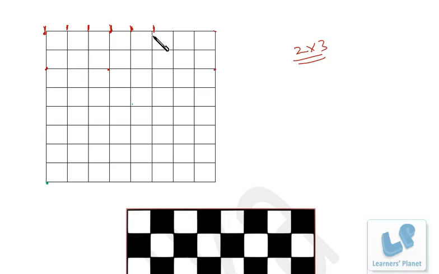So horizontally only 6 rectangles are possible with the length 3, right? Now we see breadth 2. So 1, 2 this way. Okay. Then this is 1, 2, 3, 4 and 5, right? The last rectangle will be like this.